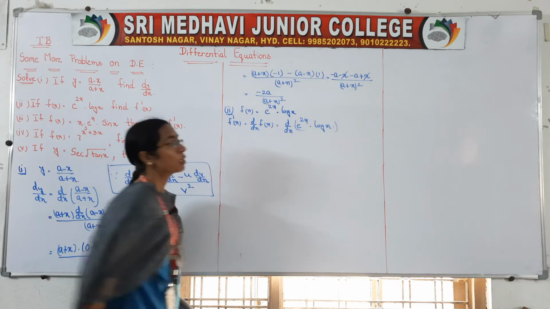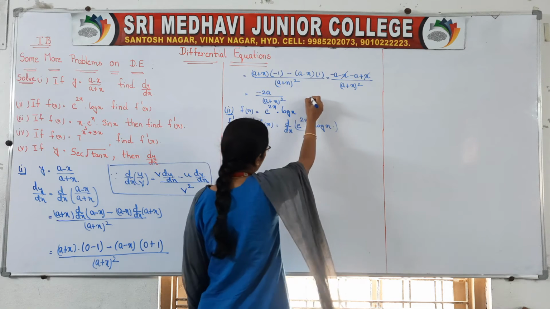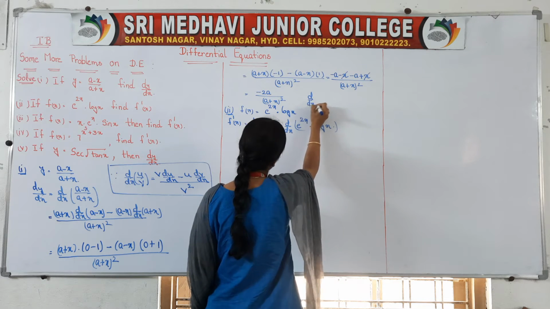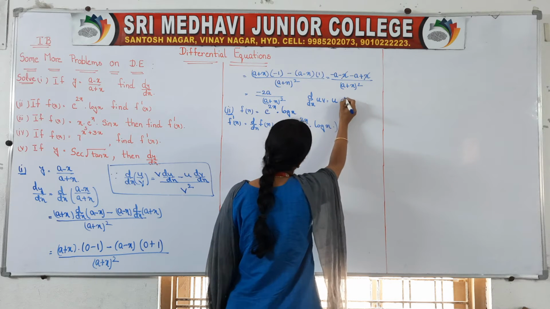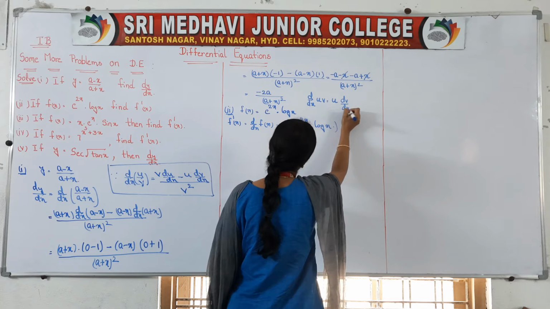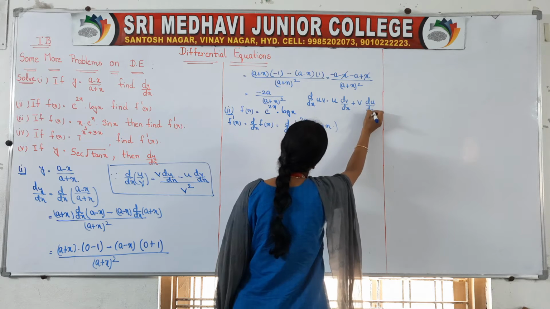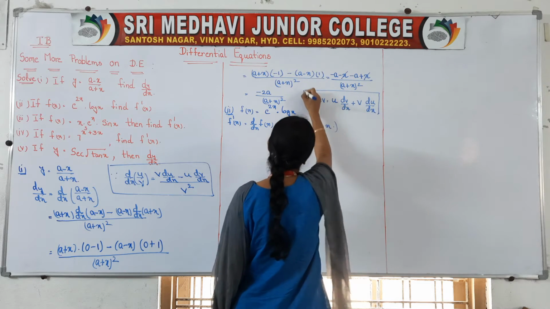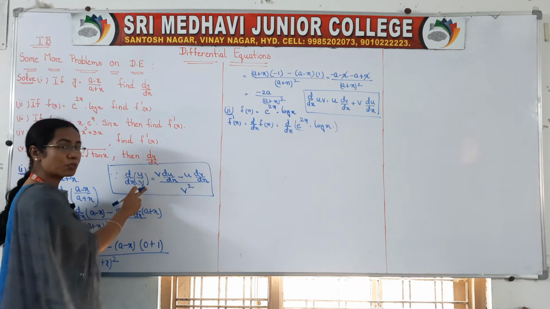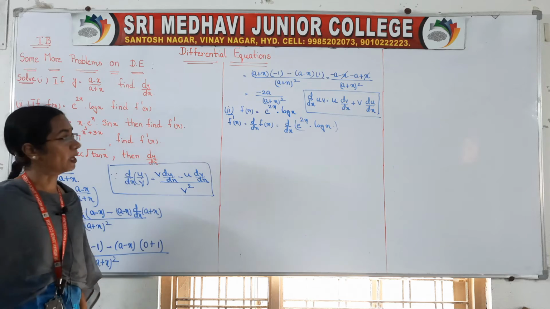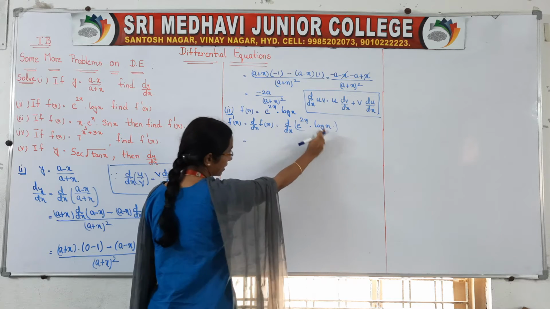It is u into v form, so the product formula. We have already used it so many times, isn't it? What is the procedure? Keeping the first one as it is, differentiating the second term, and keeping the second term as it is, differentiating the first term. That is called the product form. In the previous problem we used the quotient formula, and in this problem we are using the product formula. Consider this as u, this as v.